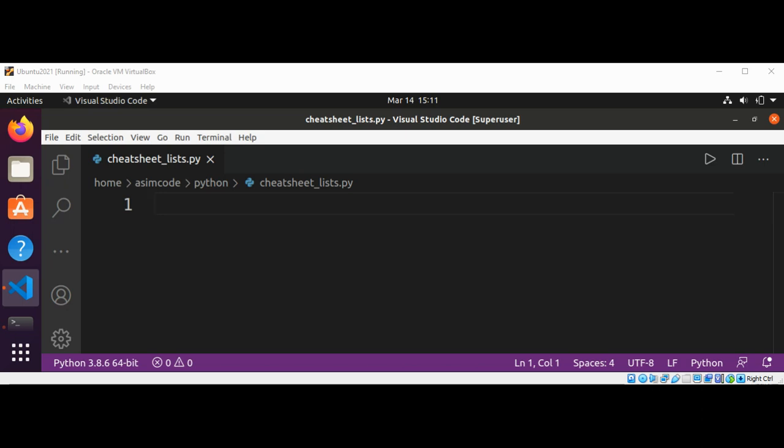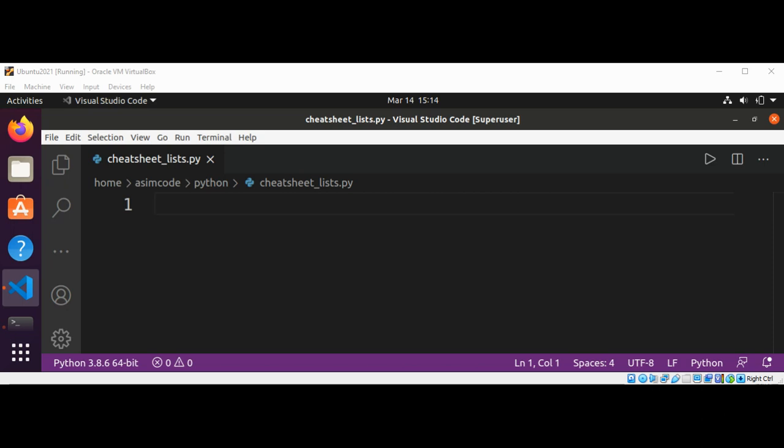So, first, we are going to learn how to define a list. To define a list, we can use square brackets and use commas to separate individual items in the list. Use plural names for lists to make your code easier to read. So over here, I'm going to add,